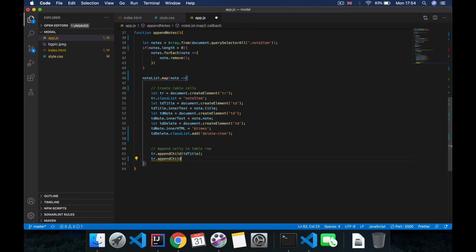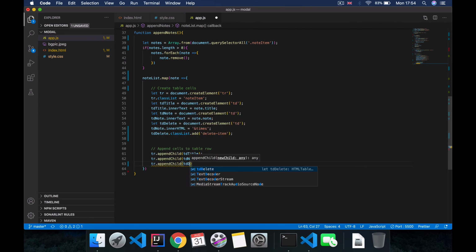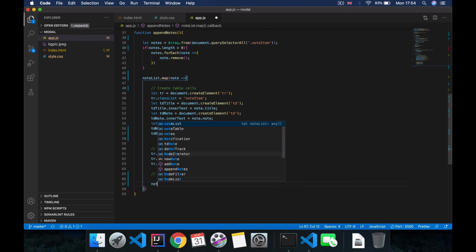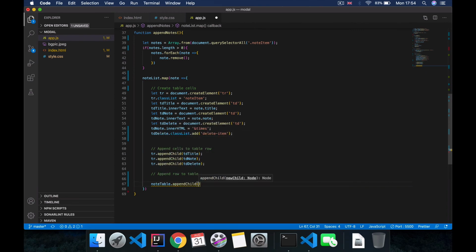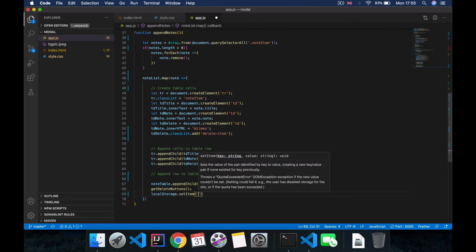We do the same thing for the other two as well, append the td note, and we just want to do the same for the td delete as well. Okay. And then finally we want to append that row to our table on our actual HTML page. So say note table.appendChild that table row, and then we're going to say getDeleteButtons, because once this has been appended, we want our JavaScript to get all the delete buttons so we